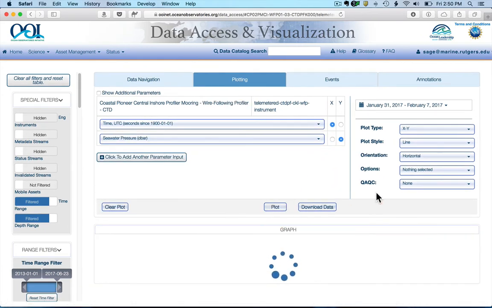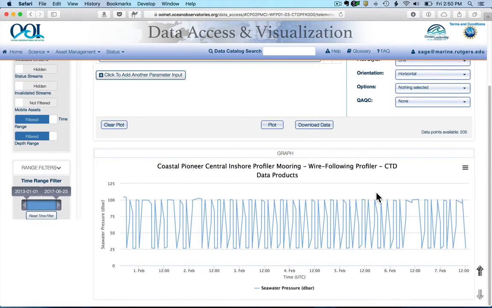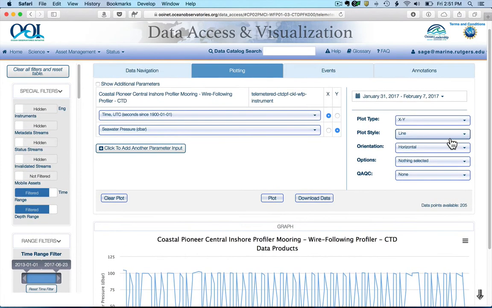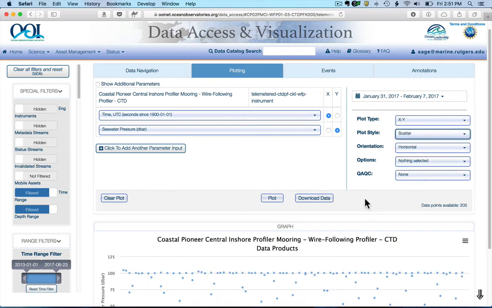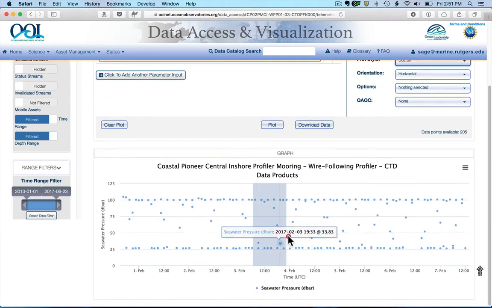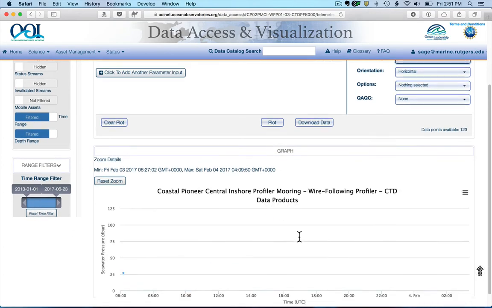By default, the last week of available data for the stream will automatically be included, and that's what we see here. Now, it's important to note that when viewing plots, the data provided by the system may be decimated or downsampled, as we can see here. For a profiler, we would expect a pressure record to be continuous between the lower and upper depths. This plot doesn't make a lot of sense, but if we change the plot type to scatter, and then click and drag on the plot to zoom into shorter time periods,